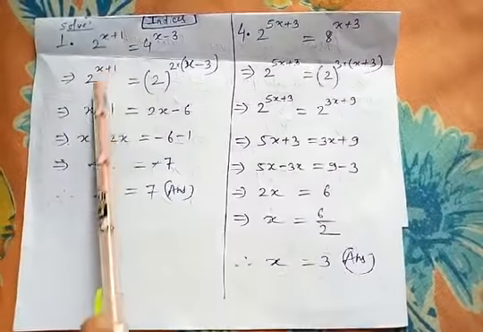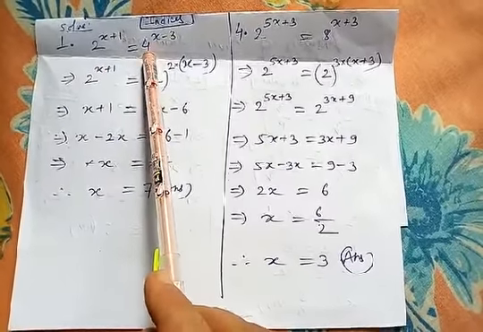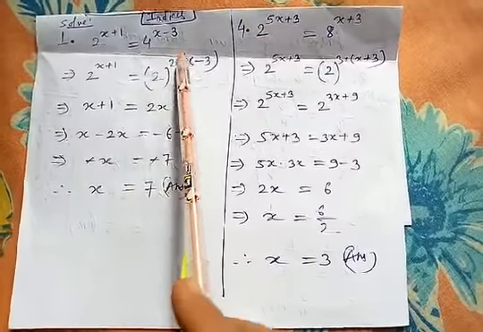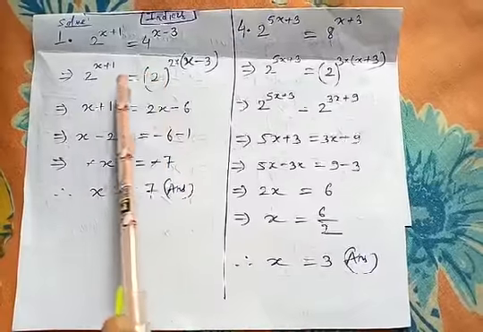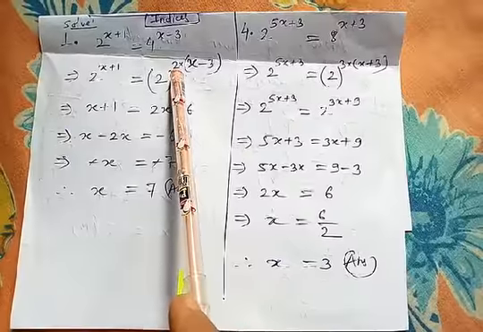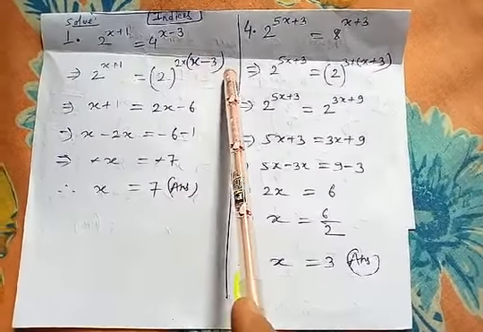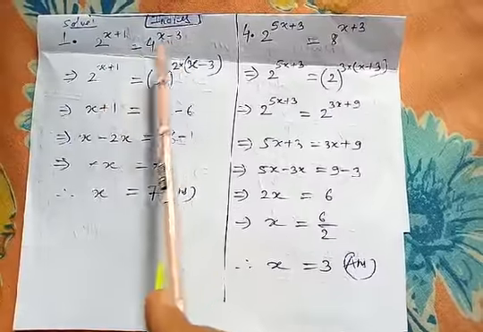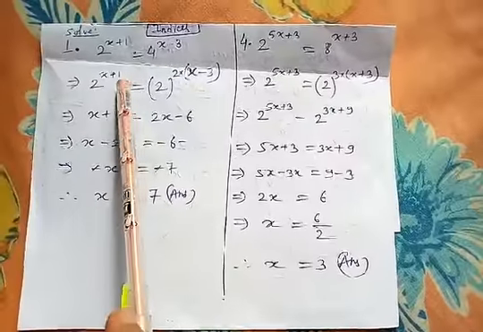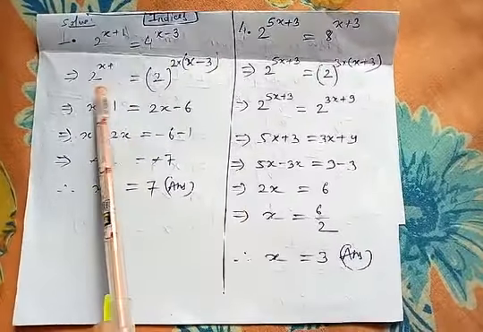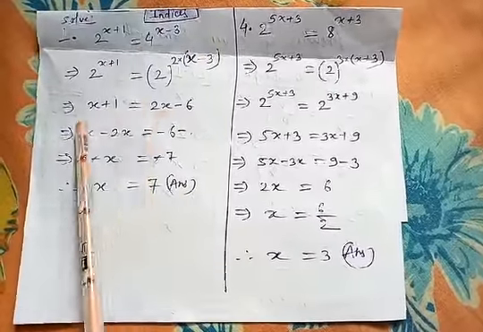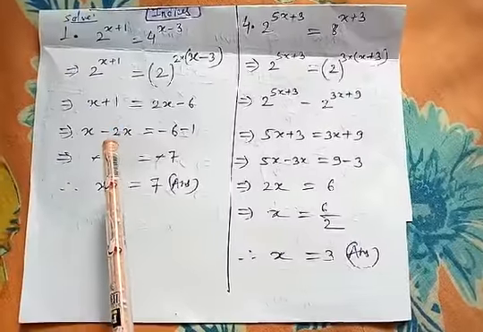Now 2 power x plus 1 is same, and here instead of writing 4, I wrote 2 square, because 2 square also is 4. And why I made 2 square? Because I want to make base both the sides equal. Like here is 2, here also 2. So that is my target. And now this 2 is just now new power and x minus 3 is the old power. So now according to the indices law, it is said if both the sides base are same, then power will be equal. So that's why now no need to write base, only write power of both the sides. And now both the powers I wrote, and base have vanished. When they are equal, it vanishes.